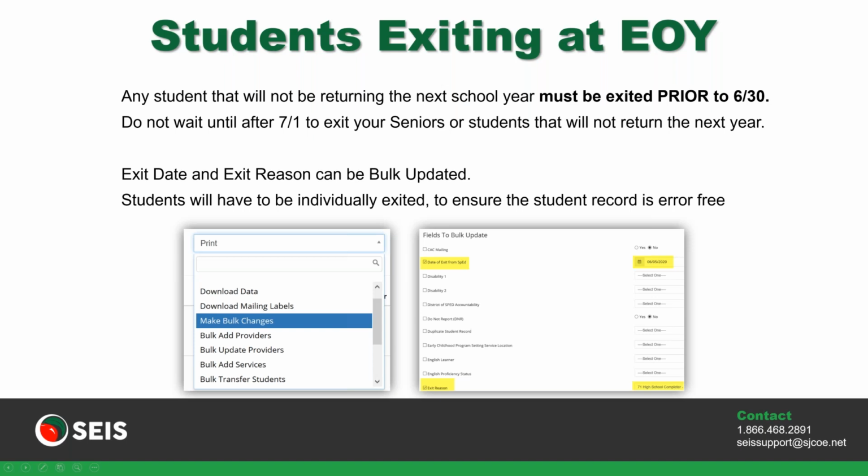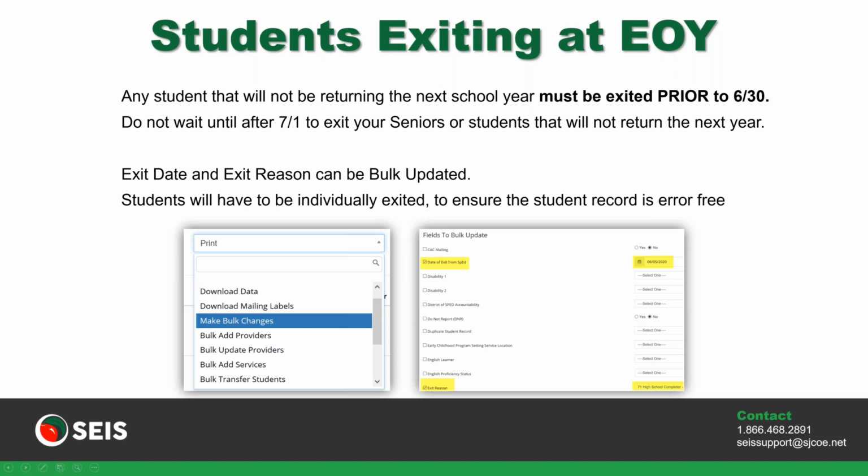The exit dates and reasons can be bulk updated, but the students have to be individually exited, of course, to make sure that there are no CALPADS errors. So you can easily just run a search to find those students that are going to graduate or not return the next year. And then from the bulk update page, you would just select date of exit from special ed, enter the date, exit reason, whatever is appropriate for that group of students, and then that information will be applied